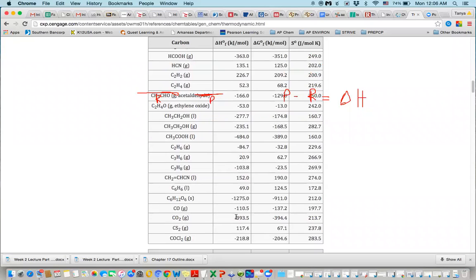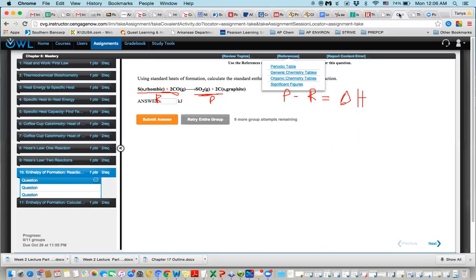Carbon monoxide is a negative 110.5. Okay, and now let's look and see how we need to plug those in. Okay, so sulfur dioxide is a product, so I'm going to take negative 296. Let me just write this in because I said it was products minus reactants. So negative 296.8, which was its number,